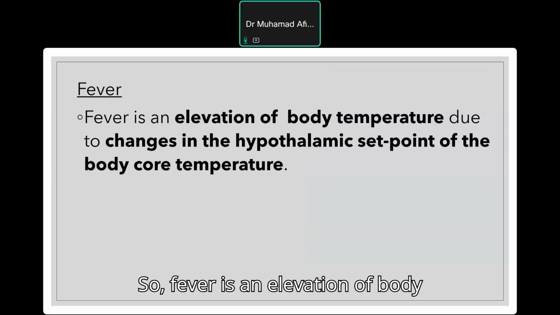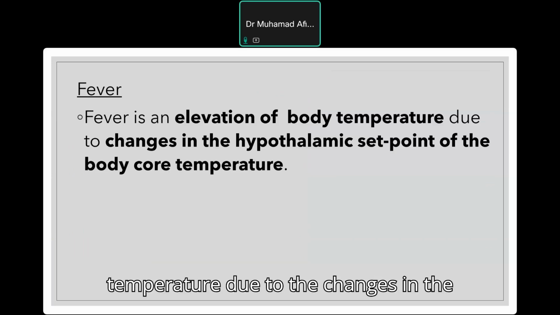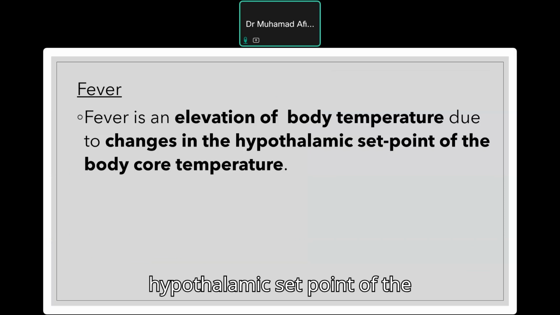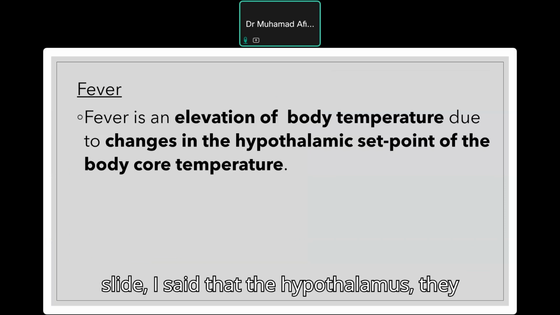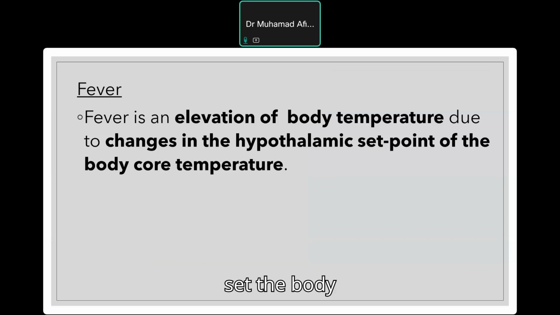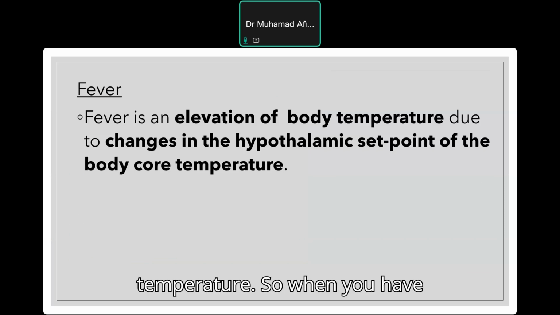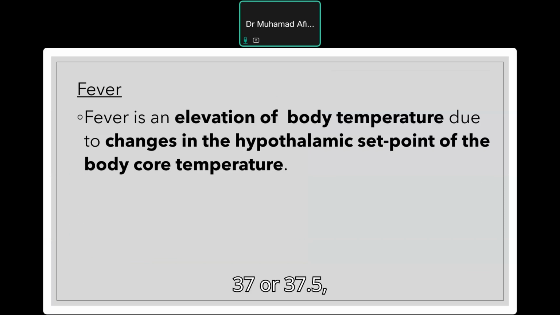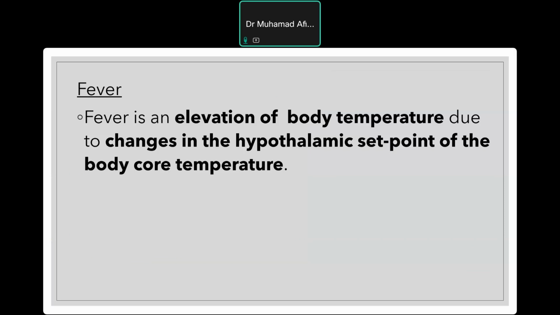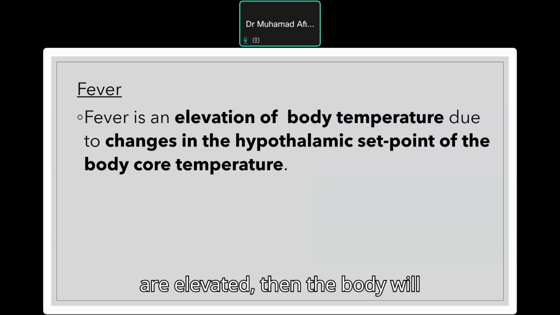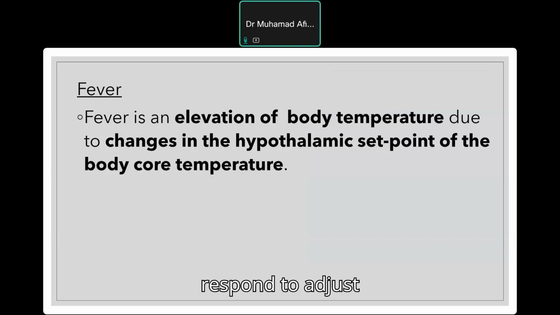Fever is an elevation of body temperature due to the changes in the hypothalamic set point of the body core temperature. In the first slide, I said that the hypothalamus sets the body temperature. When you have fever, this set temperature of 37 or 37.5 is elevated. Then the body will respond to adjust our core body temperature, reaching this new set